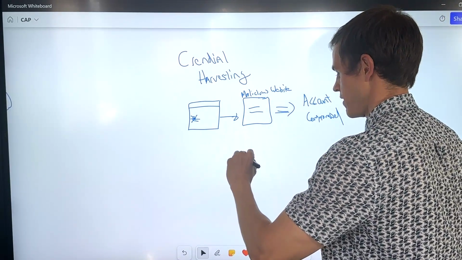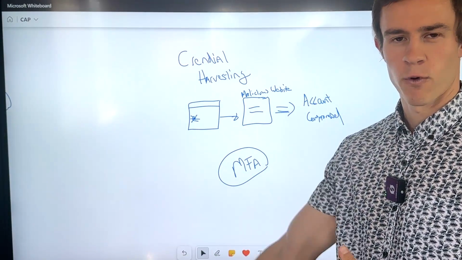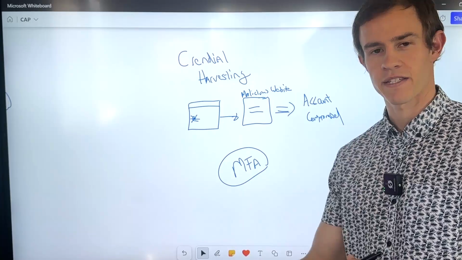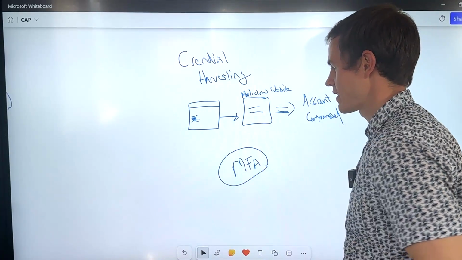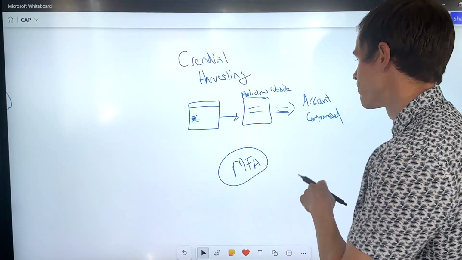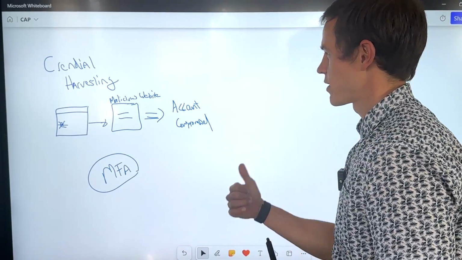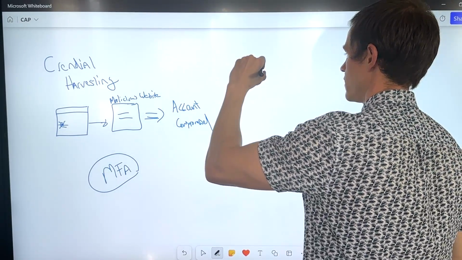And the basic way that you can protect against this is by enforcing MFA on these accounts. It's just that second factor. Even if they did get this user's password, they still have that second factor of authentication to get through. Many of us are familiar with this. This is nothing new in this particular sense, but to step up to the next layer of